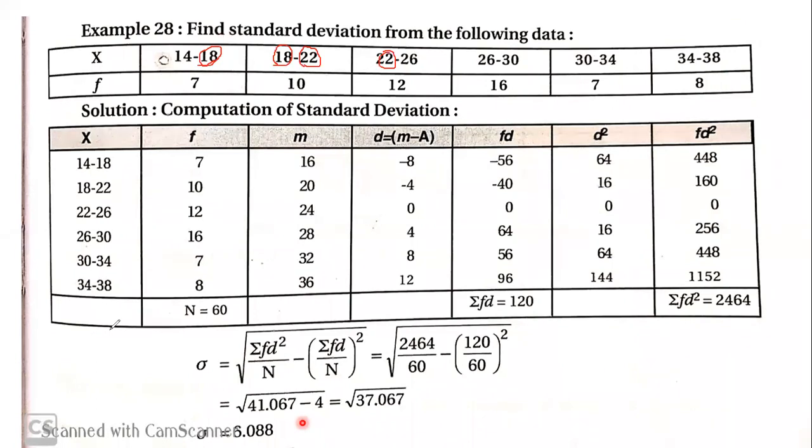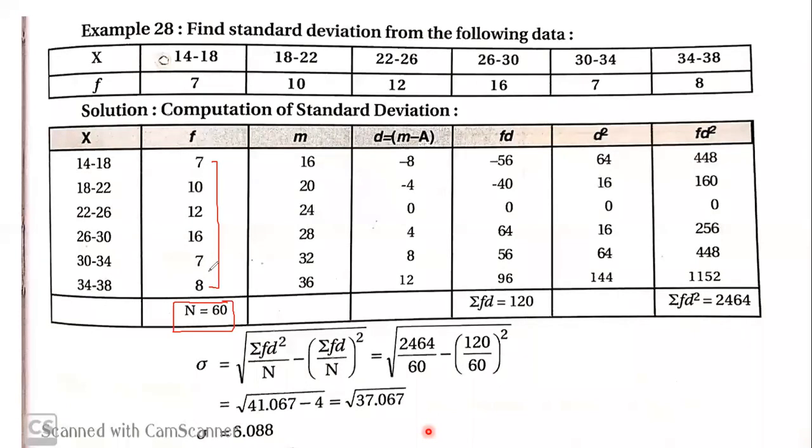Suppose if they were inclusive, then you have to convert them to exclusive and solve the problem. That we have done in the previous classes, where we have converted them and solved it. Now let's go on further and solve this problem. Now here we have copied the same x values, that is the class intervals, from the question, and frequencies also from the question itself. Once you copy down the frequency, total the frequencies, where you will get the first required number for us, that is 60. 60 is the total of frequency.